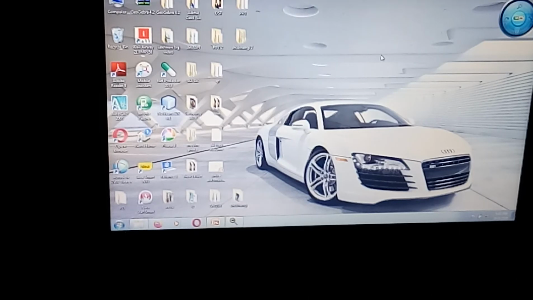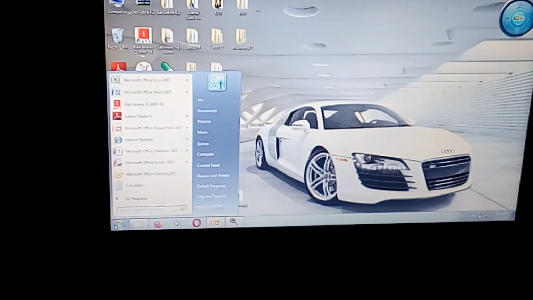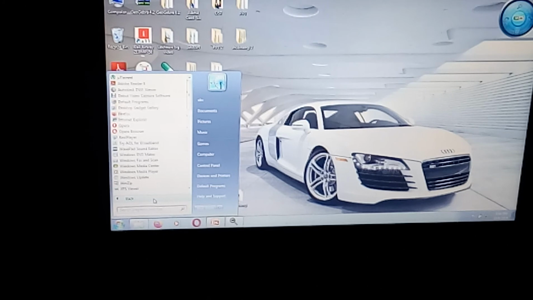Now I will show how to open Paint. Here is the Start button at the left side, at the bottom border. You have to select the Start button. Then you have to select All Programs. You can see All Programs here. Select All Programs. After that, in All Programs you have to select Accessories. We will see where Accessories is. You can see Accessories is here. Select the Accessories button. After that you have to select Paint from Accessories. You can see the Paint button here. Okay, now Paint is starting.